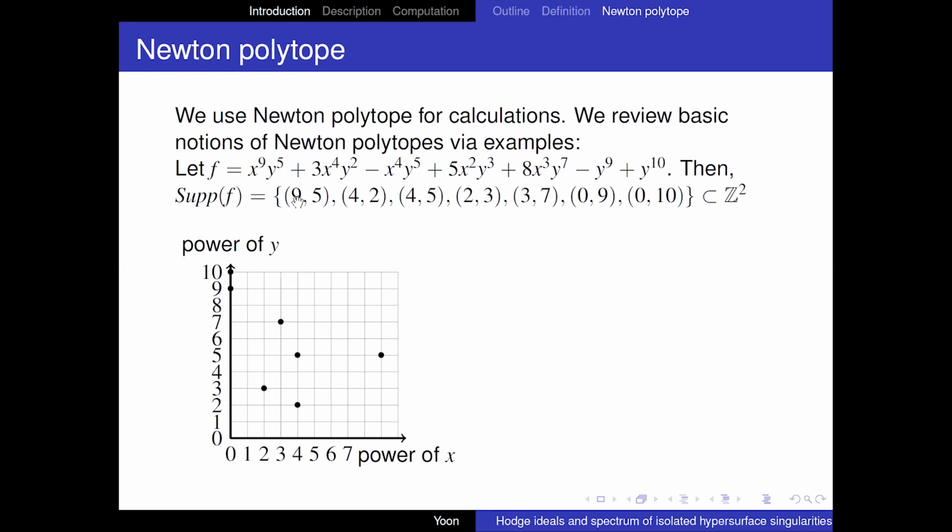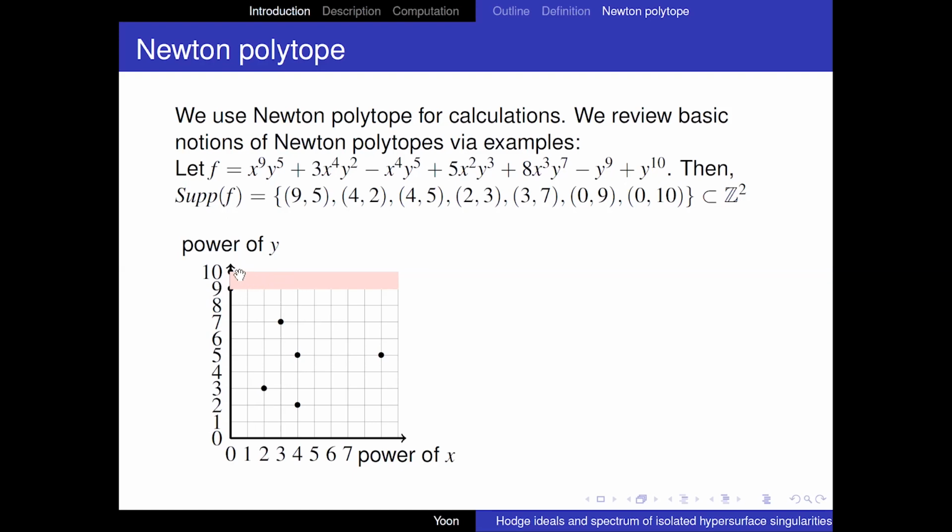So for this pair 9, 5, we make a pair of these powers, and that would be a set in Z2. We can choose a point corresponding to these pairs in R2 or Z2, and then we consider the first quadrant part